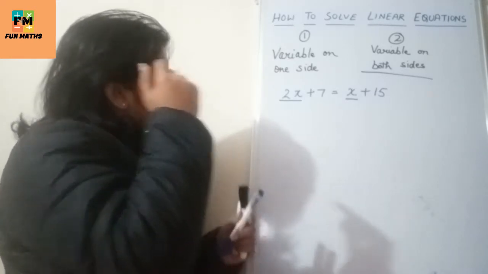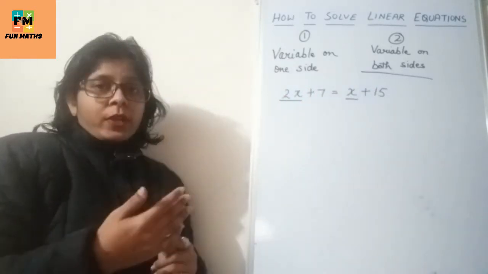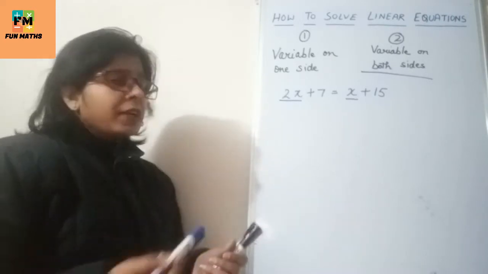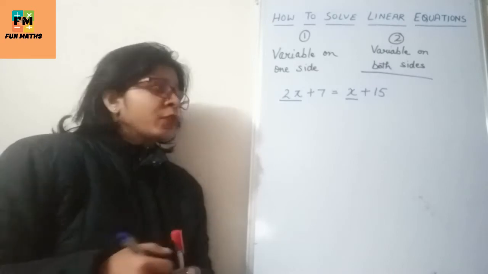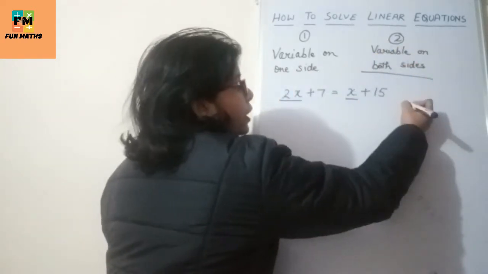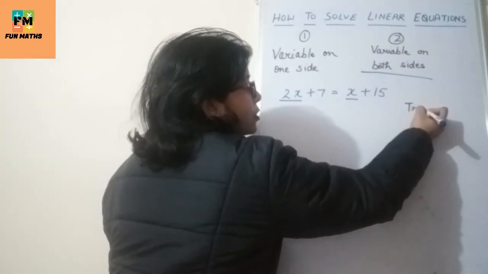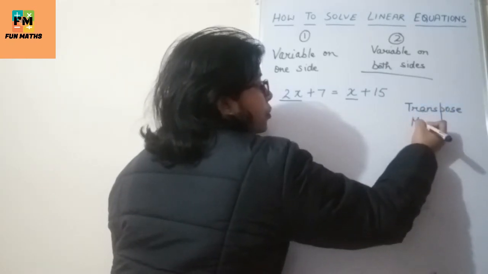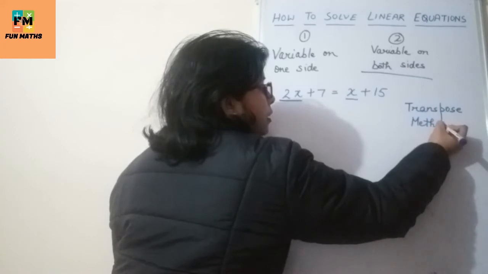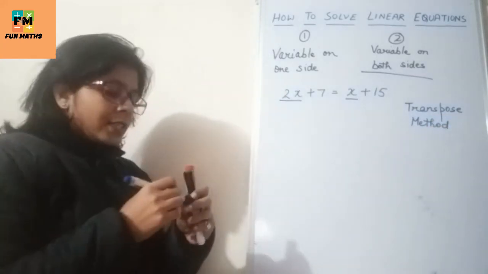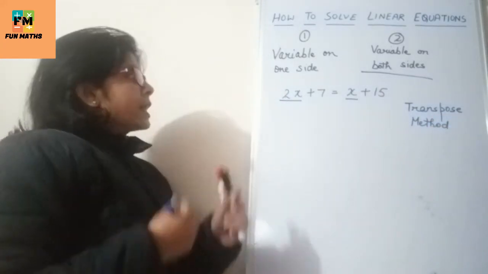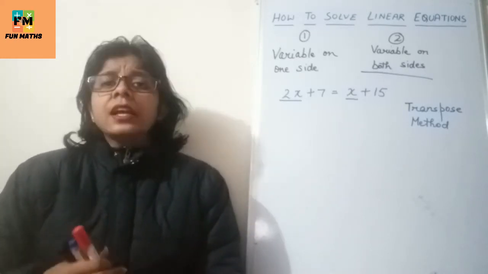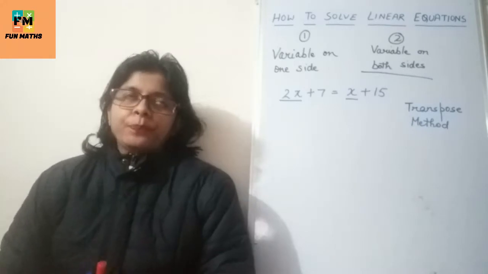See, when you rearrange the equation, because if you are changing the places of the numbers, then definitely it is known as the rearranging of the equation, right? So when you rearrange the equation, we have one method which we are going to use, and that method is known as transpose method. It is known as transpose method, which we are going to start. Alright, before starting this transpose method, let me give you one example.